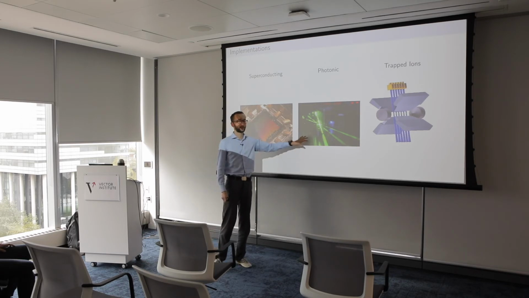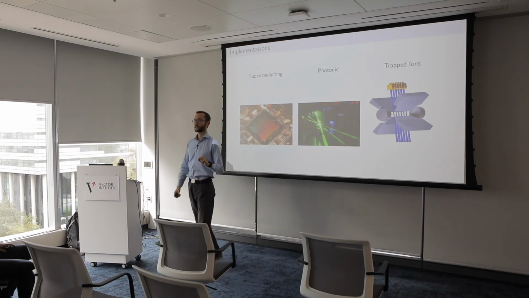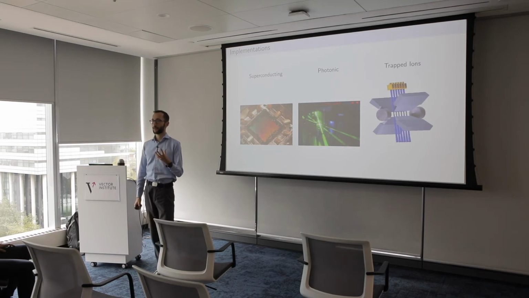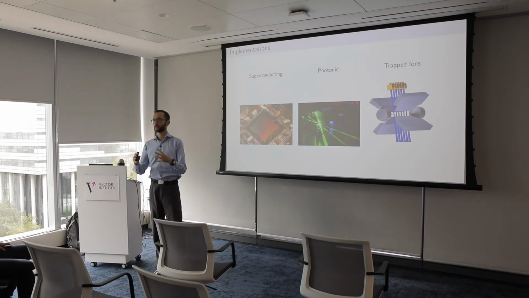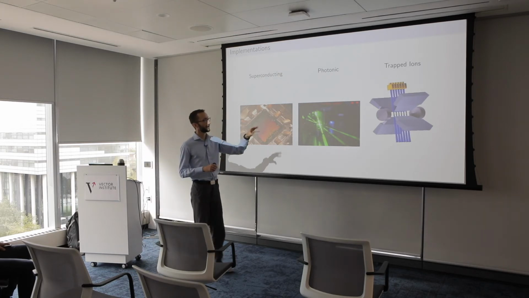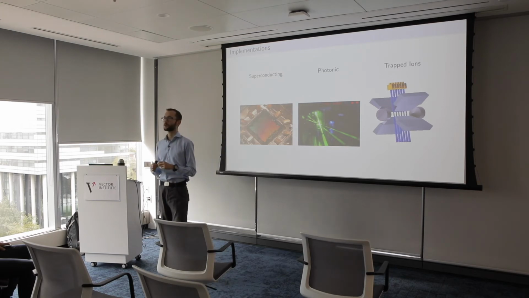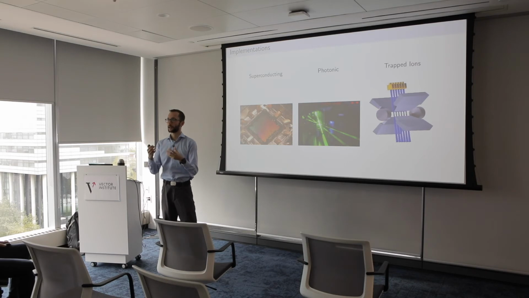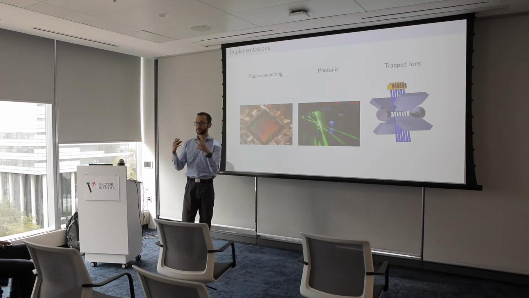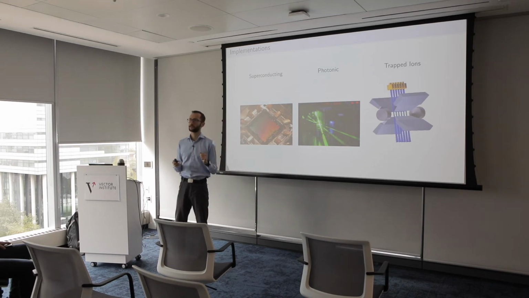Then you have photonic implementations, which use lasers. The massive advantage of this is that you don't have to cool the system down. These operate at room temperature, but they have other control problems. Same thing with trapped ions. In trapped ions, you trap individual atoms in between laser beams, and then the interaction between these atoms is what does the calculation. Again, this works at room temperature, so that's fantastic. But then the problem is that control is relatively slow in these models.